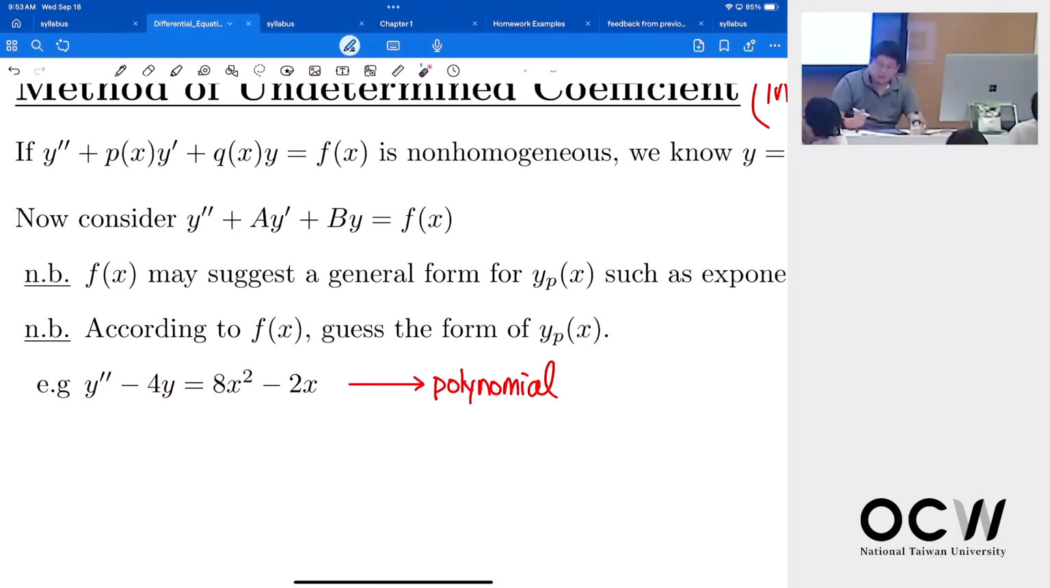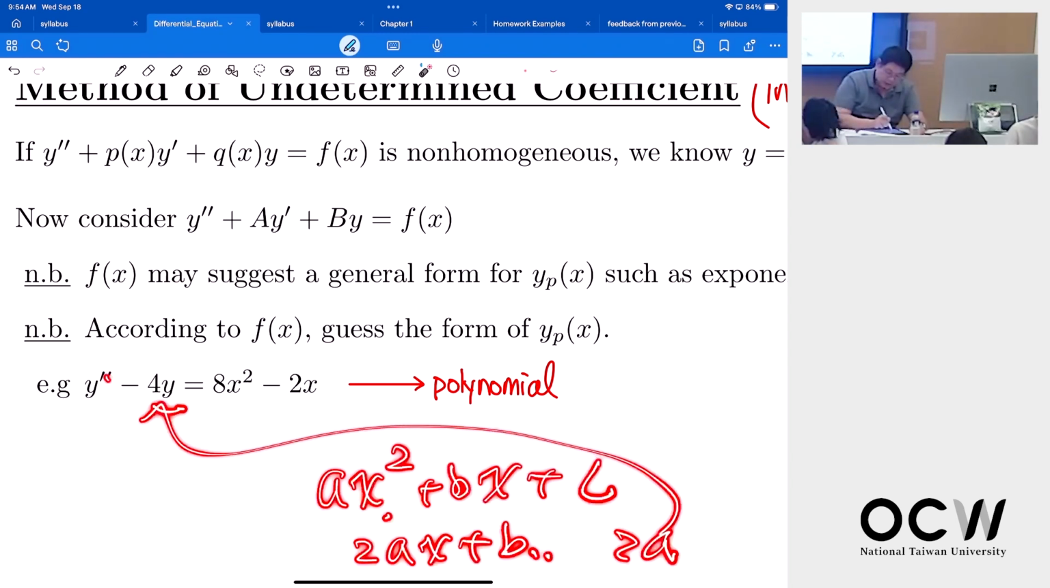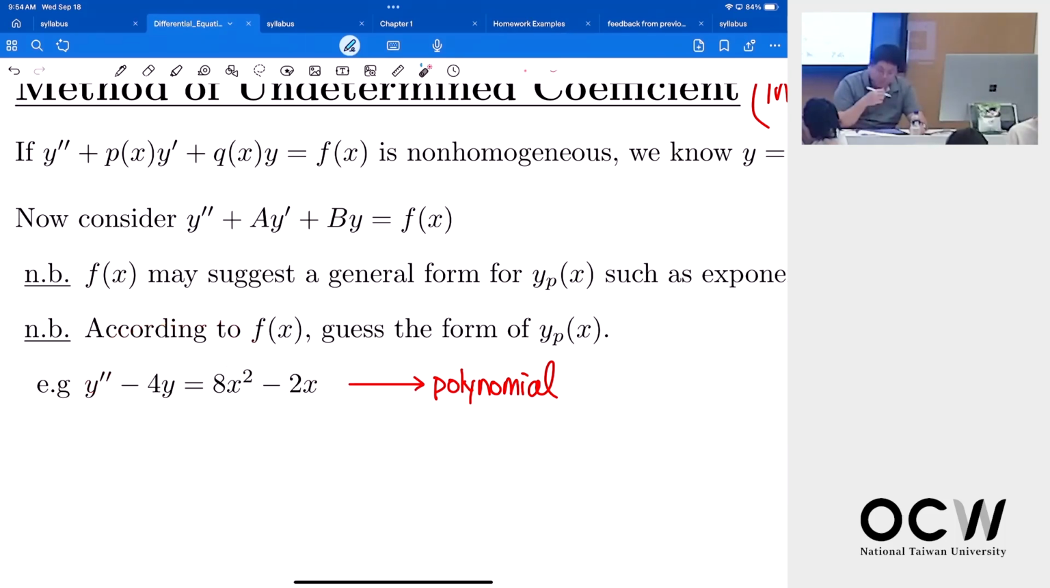So since the f of x is polynomial, then you guess the particular solution is also polynomial, because the polynomial is ax squared plus bx plus c. You take the first derivative, you get 2ax plus b. And you take the second derivative, you get 2a. And then you bring this back, then you can compare the coefficients. Okay. So we can try